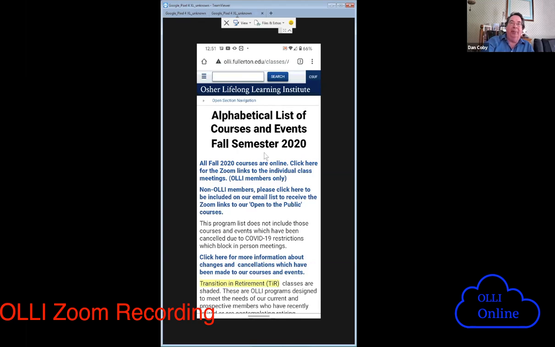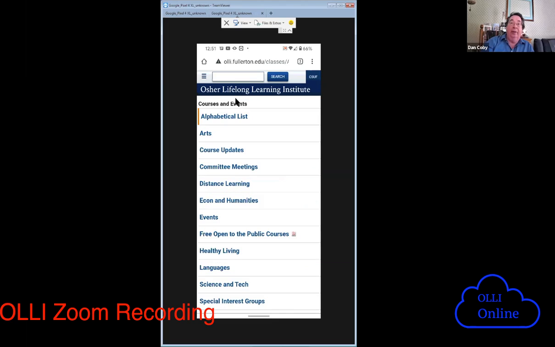There's this little tiny bit of text right here that says Open Section Navigation. If you click on that, it opens that sidebar menu, so it gives you another way of getting around. Other than the fact that navigation's a little different, and the displays have been reflowed to reflect the fact that you're on a smaller screen,